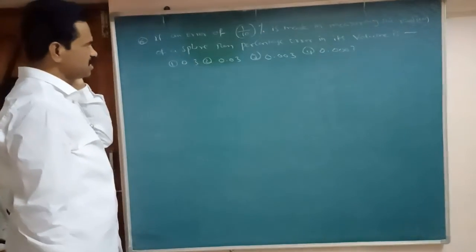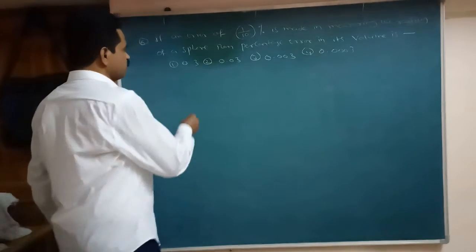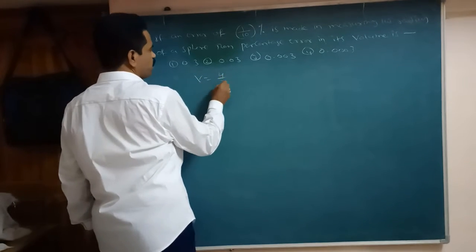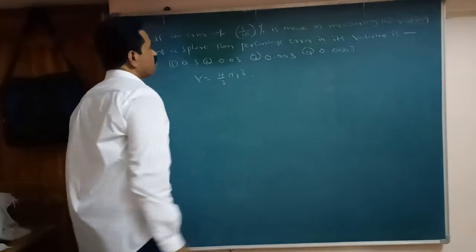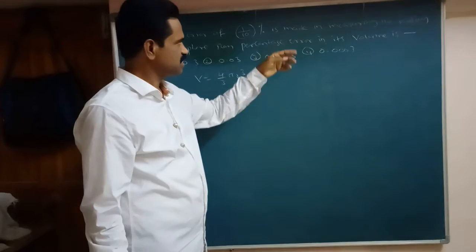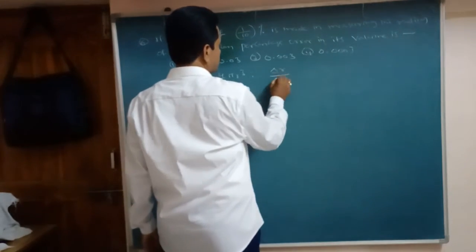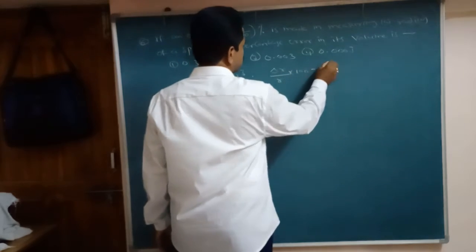So what do we have to decide? First decide the function. If the error in the sphere is given, so what do we have to find out? Error in volume. So V equal to what here? 4 by 3 pi r cube. What is given? Error made in the radius here. Error of 1 by 10% is made in measuring the radius. So percentage, that is delta r by r into 100, equal to how much given here?